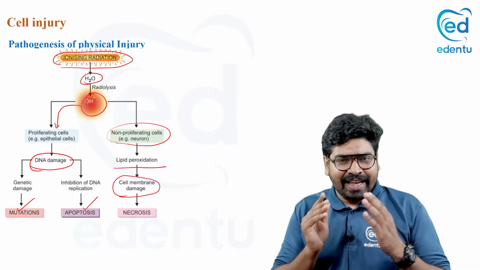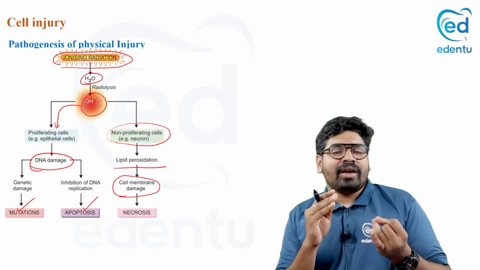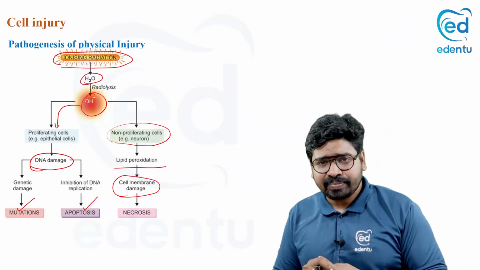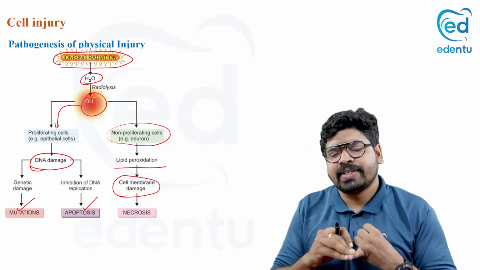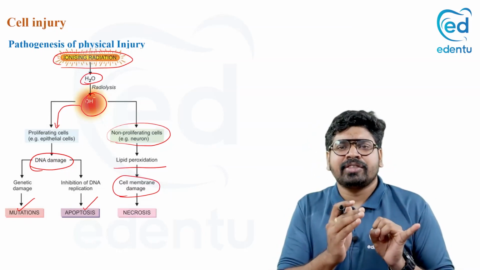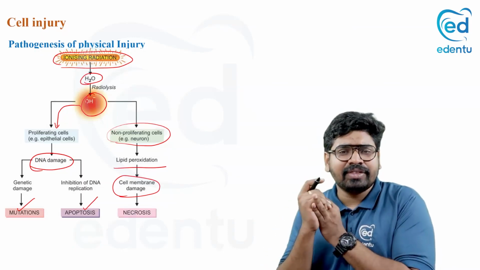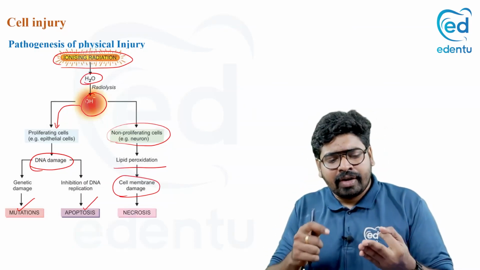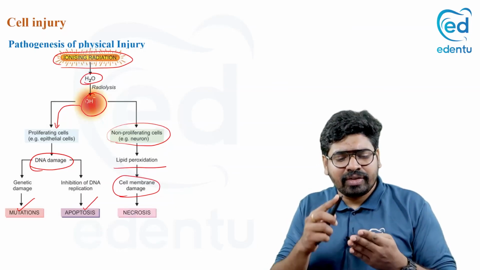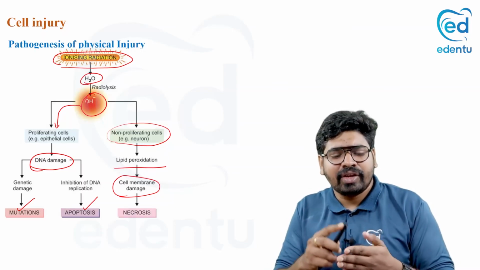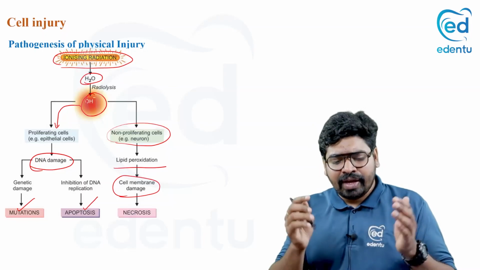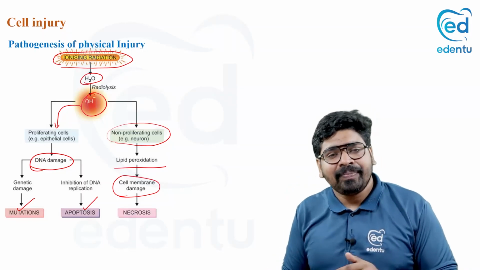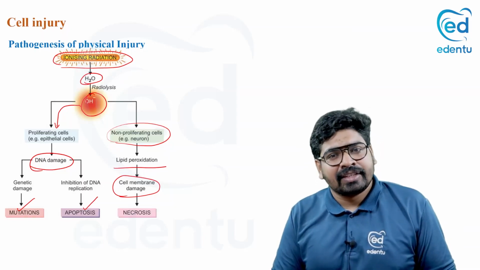So we have seen cell injury. What is cell injury? What is reversible and irreversible cell injury? What are the different factors of cell injury? What are the different steps in reversible injury? What you see in reversible cell injury? What you see in irreversible cell injury? And what are the different ways of hypoxia-induced injury? What is chemical-based injury? What is physical-based injury? Okay, so this is all about your cell injury. This is asked as a long essay for your university examinations.